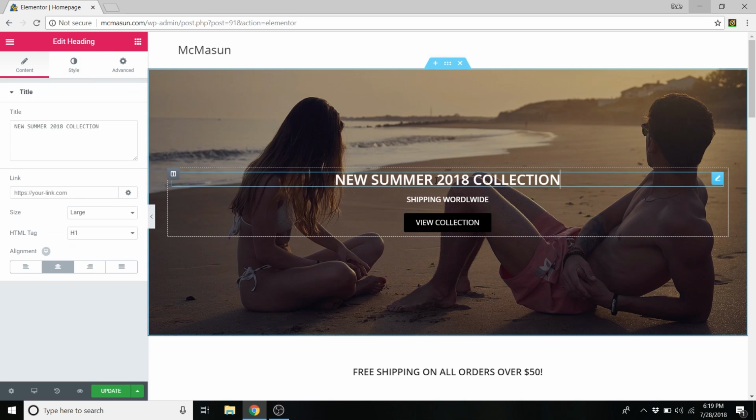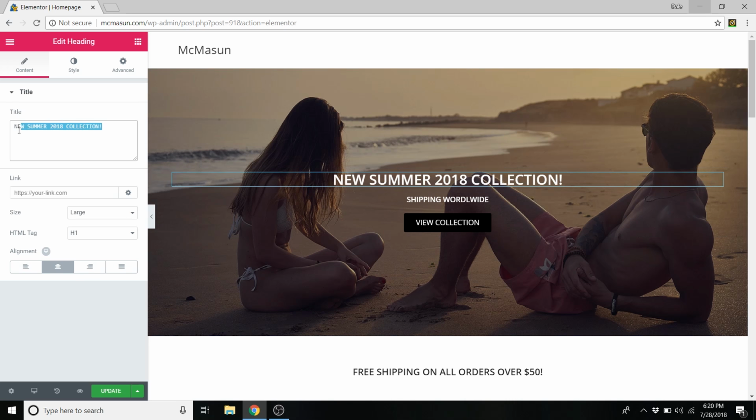And now you can change this text by simply clicking on it right here, and you can edit it to whatever you want to say. So I can add an exclamation point. You could say new releases, you know, whatever you want to put. I'm just Control-Zing that. And you can also edit it here in this box as well. And you can also put a link on it, so if you click on it, it will take you to